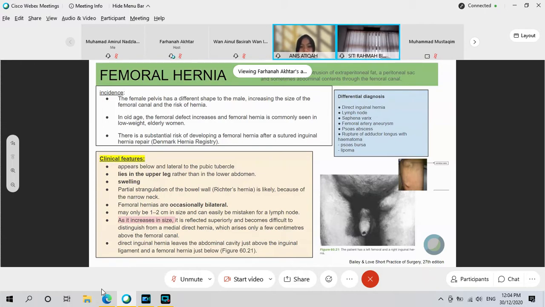What do you mean by the name of the type of nodes? What was the question just now? I asked what kind of nodes, not the name of the node in the femoral canal. That is not important. Okay, sorry, doctor. And why don't you put it in your slide? I didn't put it, I just put the differential diagnosis.